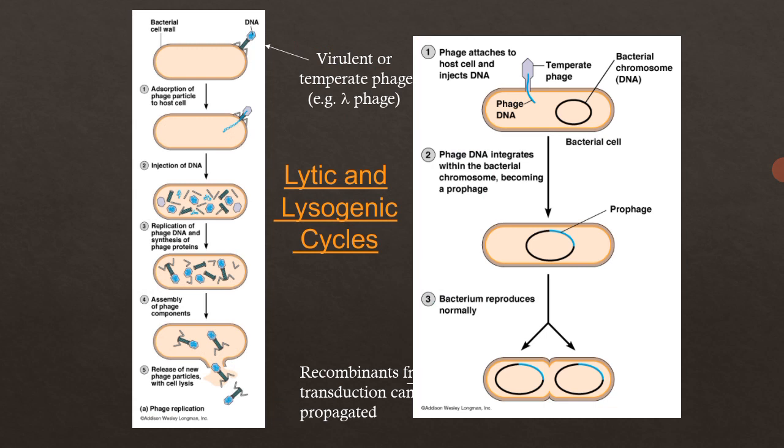Now the injection of the DNA. The adsorption is done. Now the phage is successfully attached, adsorbed onto the surface of the bacteria. Now the DNA is inserted into that bacterial host. There, with the help of the genetic material of the phage, it will synthesize some proteins. Then it will synthesize its assembly. After assembly, there is replication of the phage DNA and synthesis of phage proteins, right? That is what we just discussed.